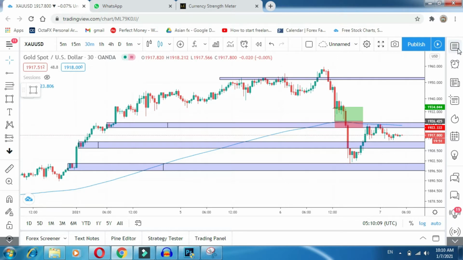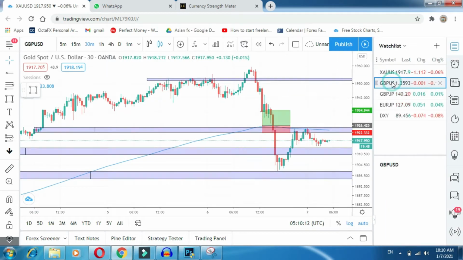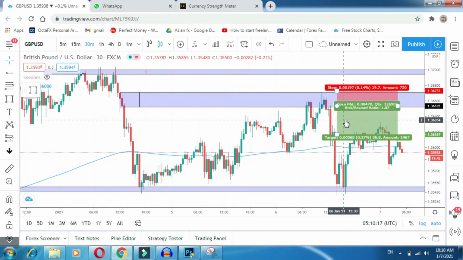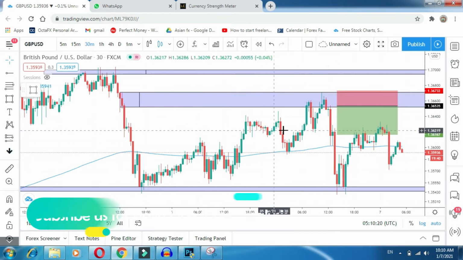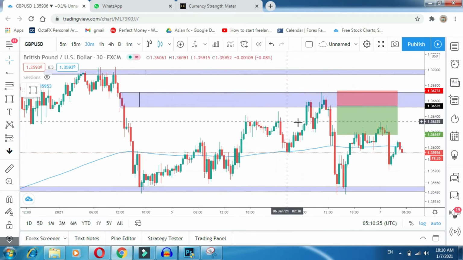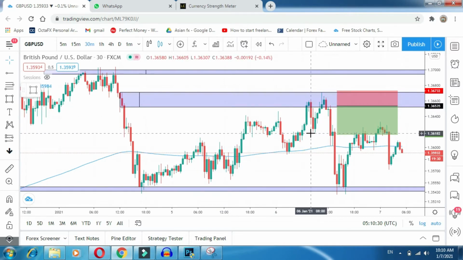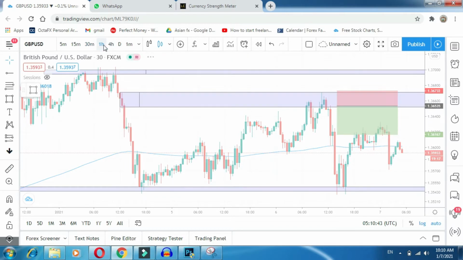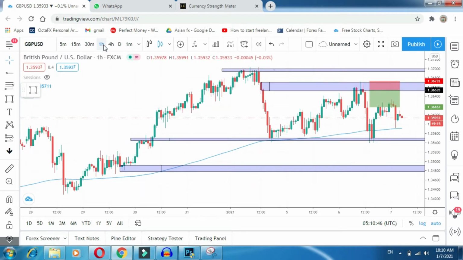So now we are going to check our GBP USD analysis which we gave yesterday. So this was the trading plan for yesterday on GBP USD. Market was here, I think when we posted this video, market comes up, picks this order, comes down, almost 80% profit done. Then market comes again in, then market comes down and hits this TP also. So these are two trading plans for yesterday, both trades active and TP hit. Hope you all enjoyed these trading plans.